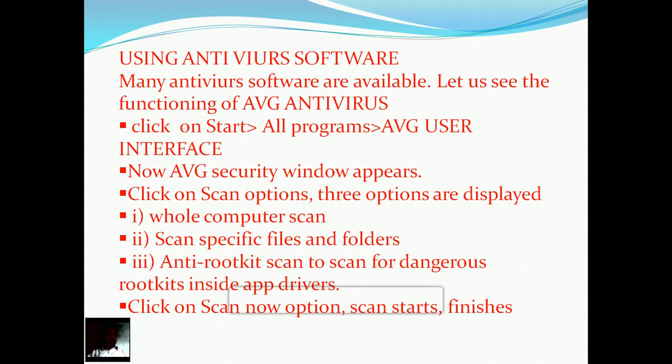Now, out of these three options, you select any one of the options, and after that click on the scan now option. It will start its scanning process, and once it finishes, it will give the message that the scan is finished, and if any threats are there, it will show the threats, so we can remove or eliminate that file. The file in which it is detected can be removed by using the remove or remove threat option. So today we will discuss up to this topic only, and the next will be discussed another day. Thank you.